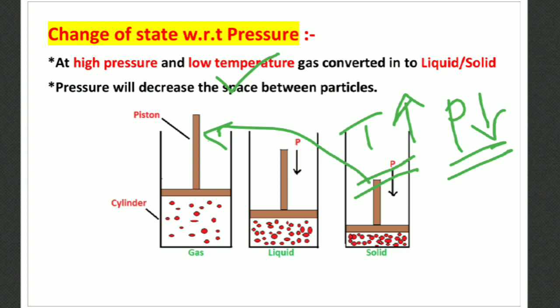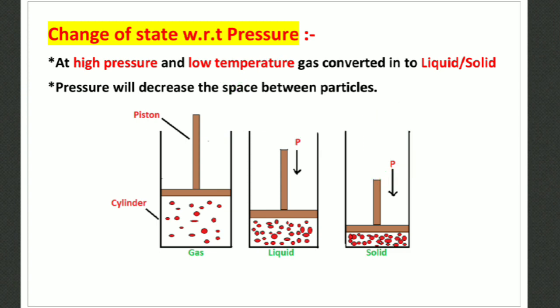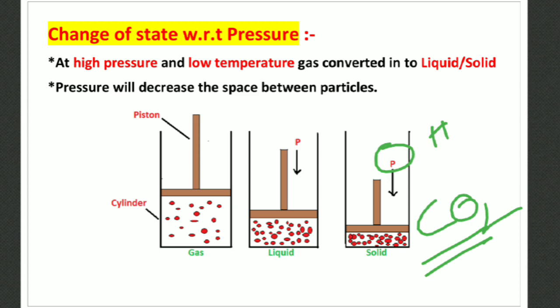Okay. So in the case of carbon dioxide, actually carbon dioxide is called dry ice because of this. When carbon dioxide is in a solid state at high pressure, it is in solid state. But if we decrease the pressure, the carbon dioxide will directly convert into gaseous state. The solid state will not release liquid, it releases carbon dioxide. That's why it is called dry ice.